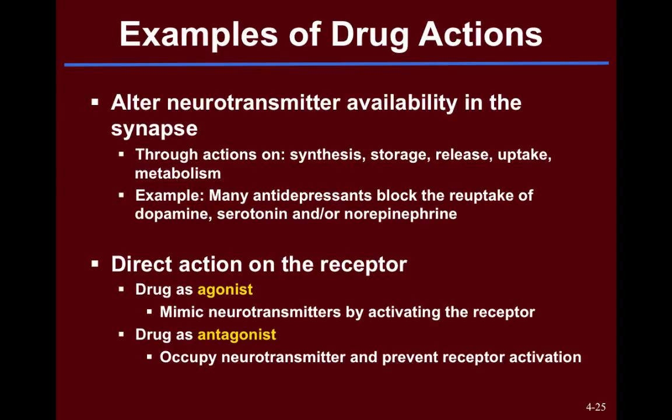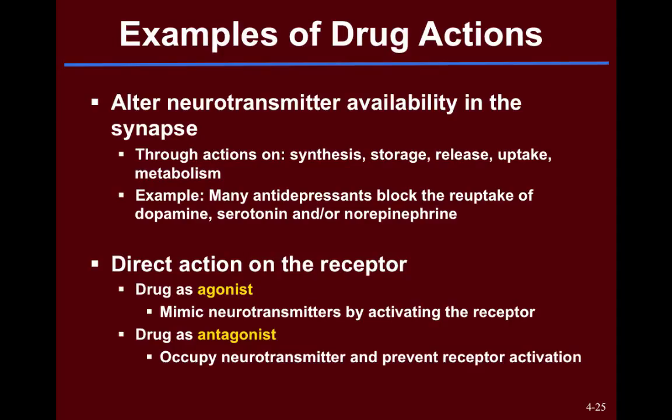It might affect synthesis, where the neurotransmitter is being created. It might affect storage, release, and uptake, where it's crossing the synapse, or it might affect metabolism. An example of this, antidepressants. Many of these block the reuptake of neurotransmitters like dopamine or serotonin, and because it's blocking the reuptake, it's actually increasing baseline dopamine and serotonin levels. And we suspect this is why those antidepressants are actually affecting mood in the people who are taking them. So there's one example, altering the availability of